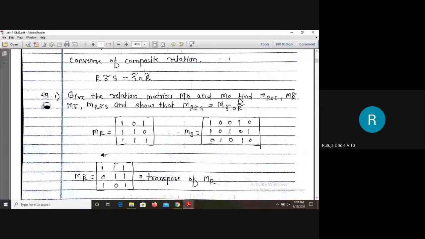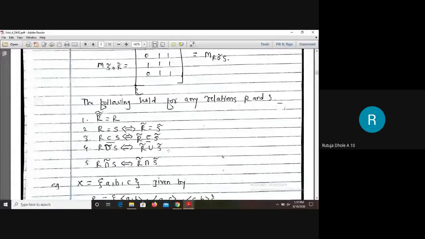Yes, ma'am. Okay. Okay. Again some formulas are given here. That is R converse converse. This is equals to R that we have seen. Then if R is equals to S, then this is equivalent to R converse is equals to S converse. Again, if R is subset of S, then this is equivalent to R converse is subset of S converse. Again,